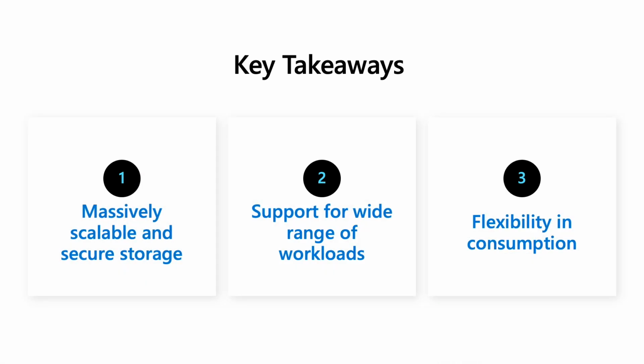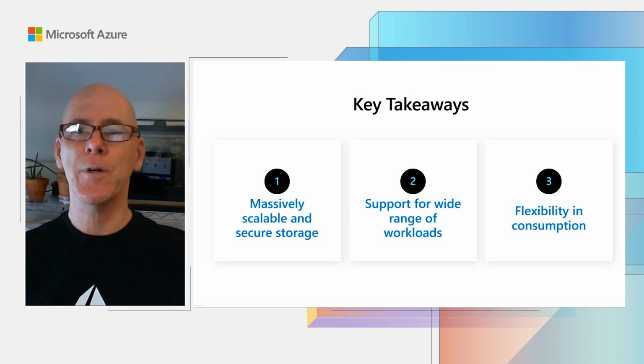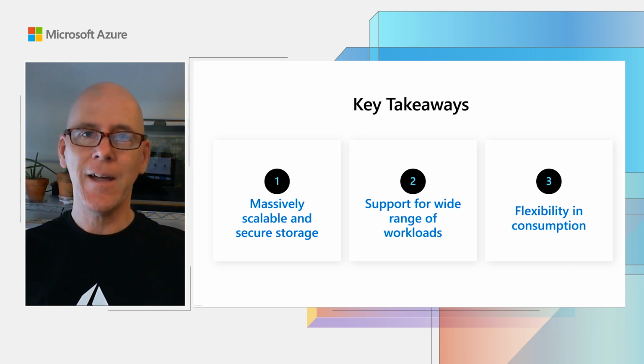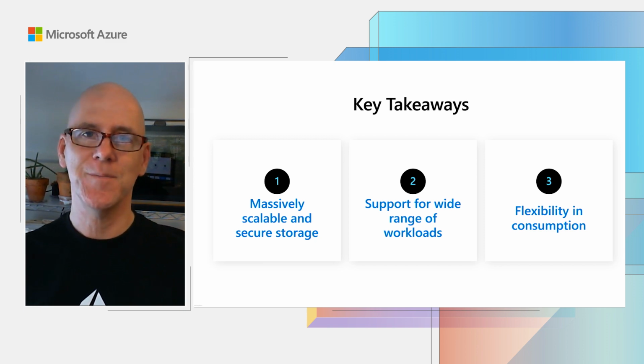So there's 3 takeaways I want to underscore. The first is that Azure Blob Storage and Data Lake Storage Gen 2 powers Azure's unstructured and data lake storage, providing durability, security, and extensive data management and cost control features. The workloads that it provides support for includes everything from cloud native to analytics, HPC, ML, AI, as well as backup and archive workloads. And lastly, we have flexibility in consumption, where you can do pay-go as well as reserve capacity to pre-purchase to lower your costs even further, and use the features that I mentioned, such as lifecycle management, which can lower your costs significantly.